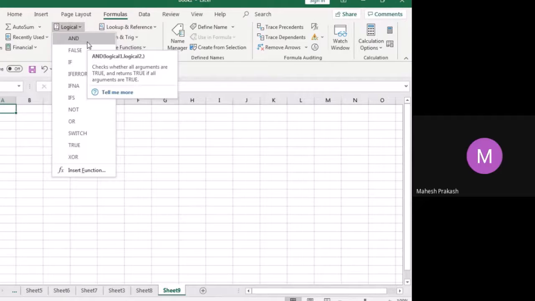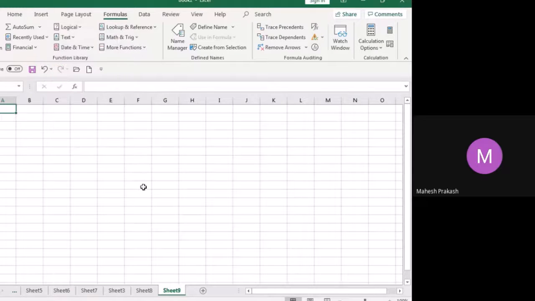If both the conditions are met, then it is true. You might have seen in computers as well that there is a logical unit. So when you use AND, that means if this and this are correct, then only it should be pass, otherwise it should be fail, something like that.